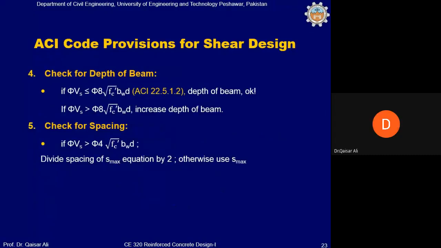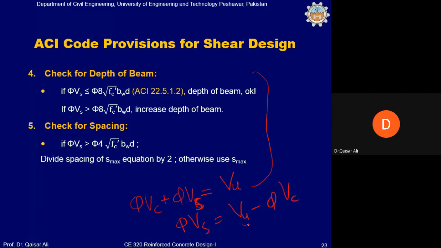Now there are 2 more equations. One equation is for, ये तो इसकी बहुत कम इस्तेमाल होती है, लेकिन फिर भी आप इसको देखें। 5ES असल में क्या है? 5EC प्लस 5ES इज इक्वल टू VU। तो 5ES किसके बराबर है? VU माइनस 5EC। अगर VU और 5EC का फर्क बहुत ज्यादा हो तो 5ES की वैल्यू बहुत ज्यादा हो जाएगी,